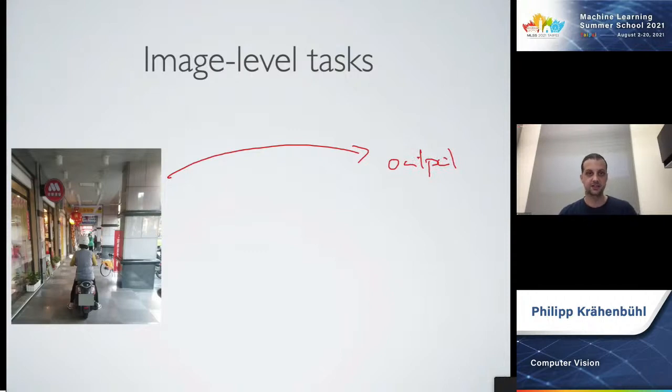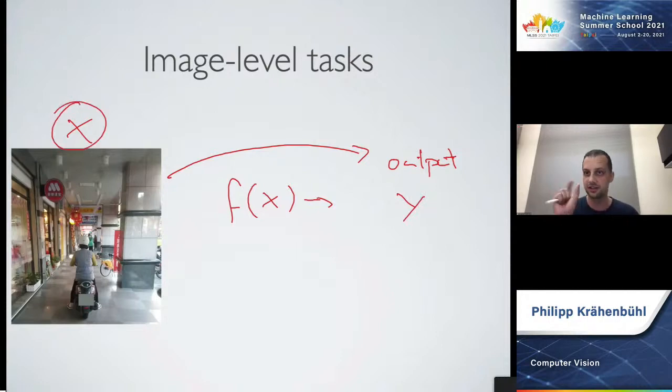If you think of this in terms of machine learning, all we're doing here for all of these tasks is we're going to learn some function f that maps the image, which I'll call x here, to some output y. And it's even nicer than this. For all of these tasks, the domain or the structure of x is going to be exactly the same. The only thing that changes is what output label space we associate with the images.